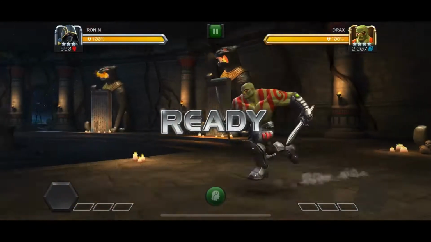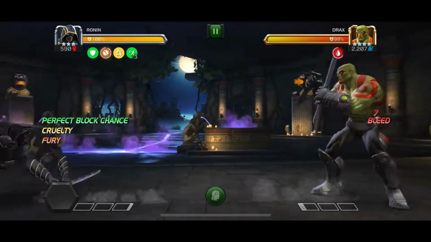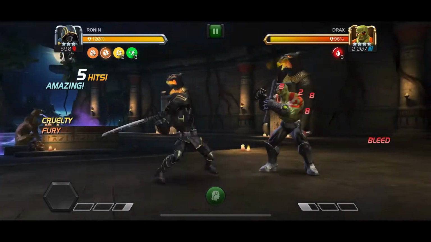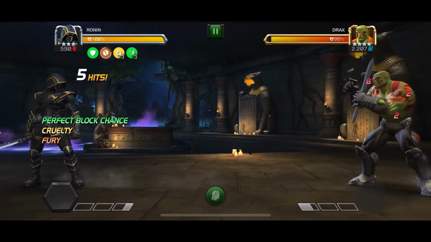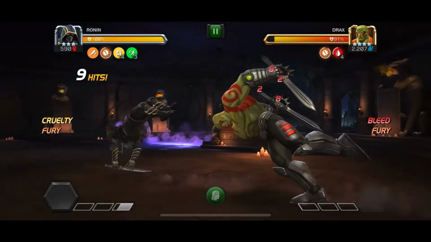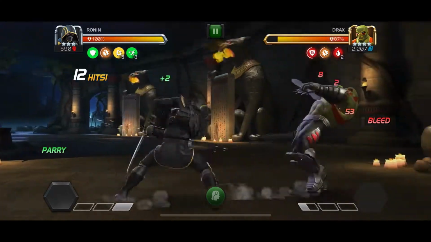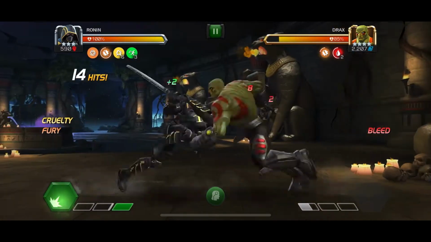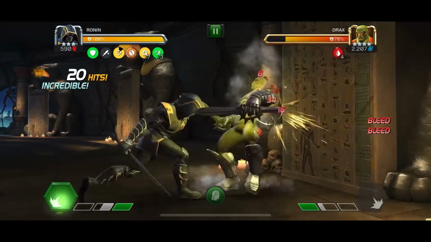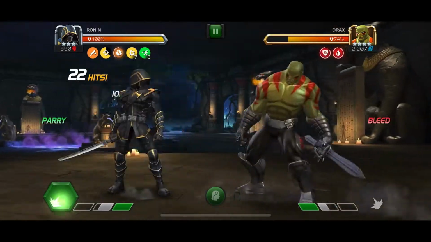We head into the Drax fight, and Ronin is a pretty tricky character to play, because he requires a lot of intercepts. He doesn't require them, but it's definitely nice for him to have, and you'll see why. First things first about Ronin is that you need to build up different